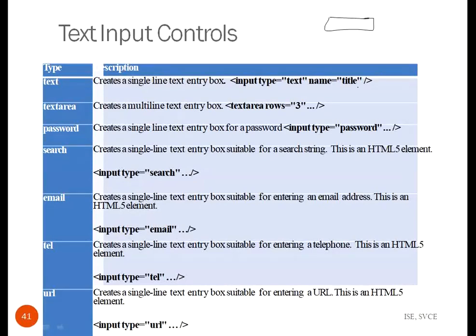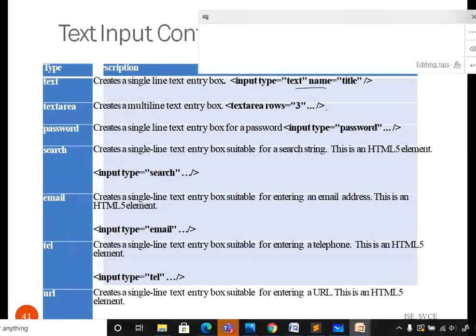Then text area you can specify. So create a multiple line text entry box. How many rows you want can be specified. And next one is password. Input type is equal to password. See, all these are different input types we are giving. Here it is text, here it is password.